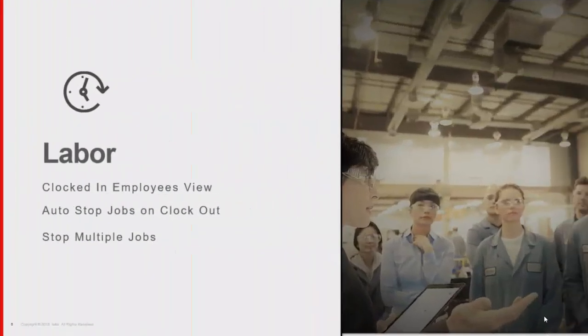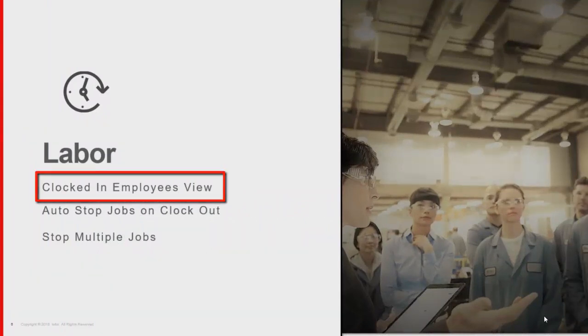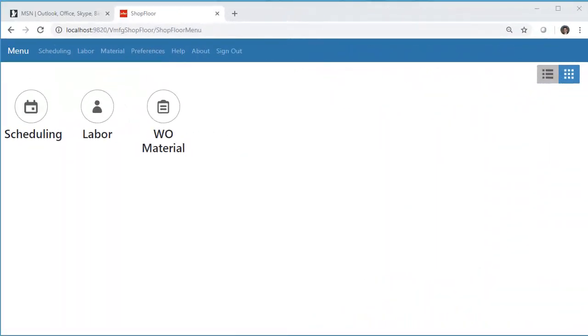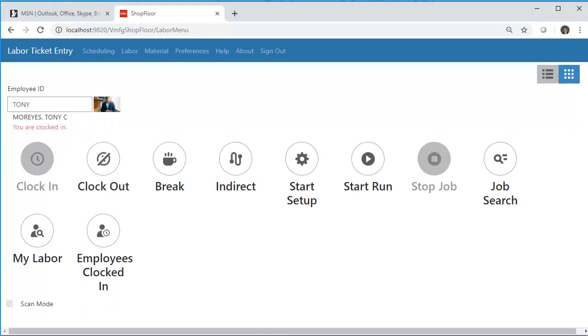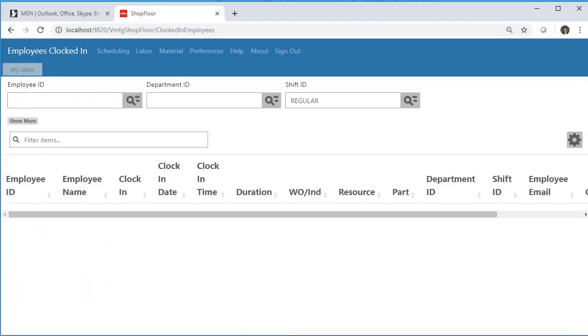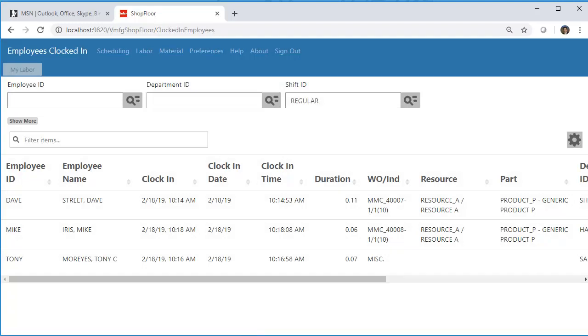Shop floor labor has 3 enhancements. We'll begin by looking at Clocked In Employee View. Selecting the labor menu, I'll drill down. You can now see the icon for the employees clocked in. Selecting that option, I can now see the new screen, and here you can see that I have 3 employees